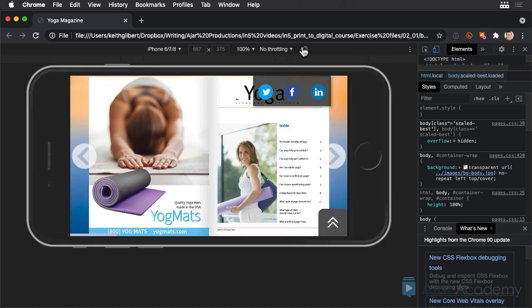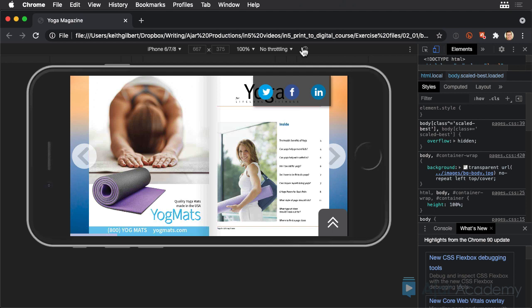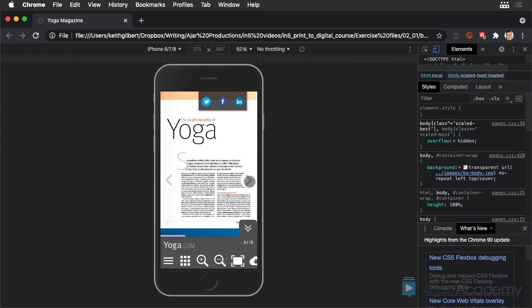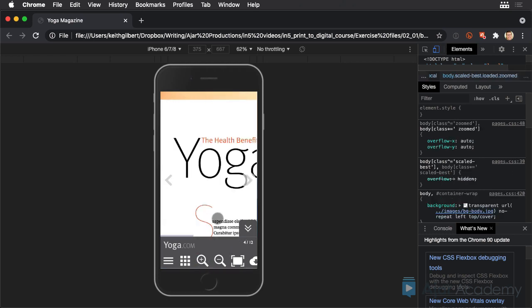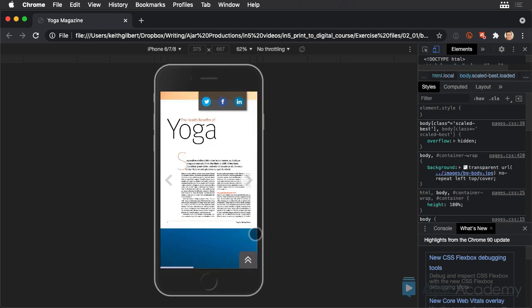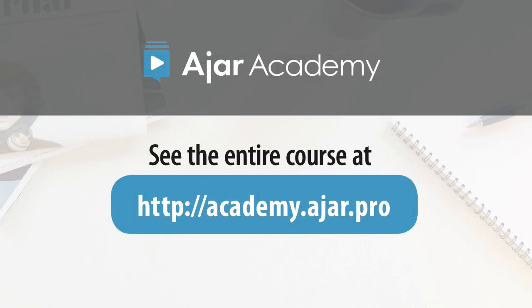You can click this little icon to rotate the device. In my case, when I rotate the phone, I see the spreads, but when in portrait mode, I see a single page. Even the viewer display frame is reconfigured for mobile, as you can see here. And note that you can zoom in if necessary to read small type. As you've seen, the flipbook format adapts as well as possible to accommodate small screens, and without any additional work on your part.